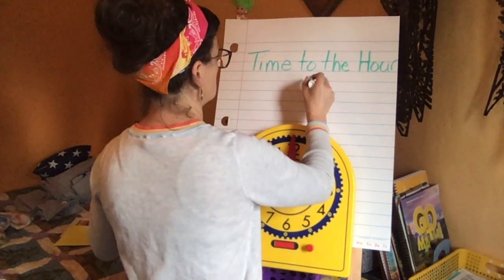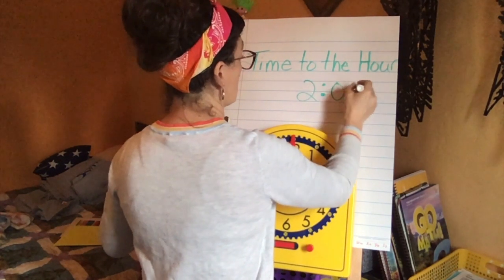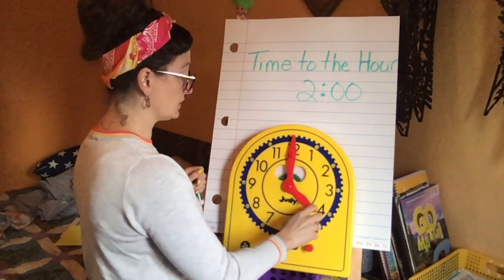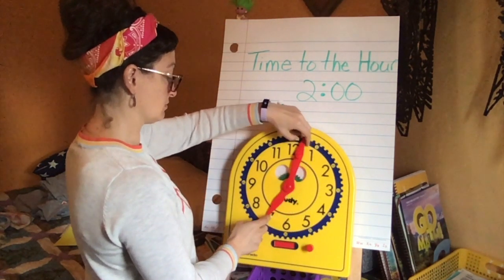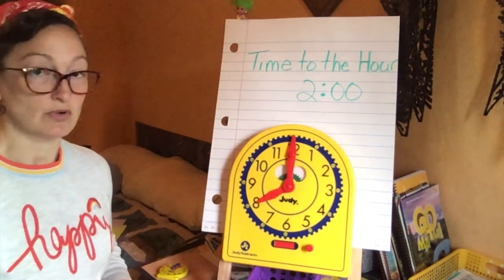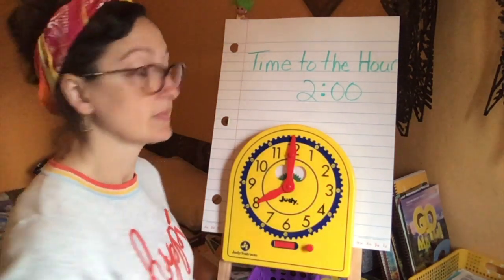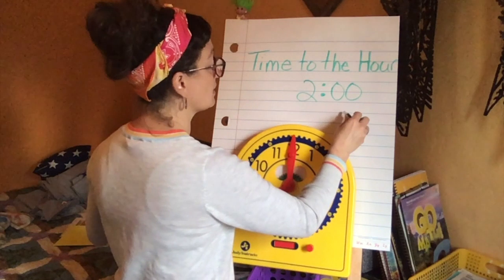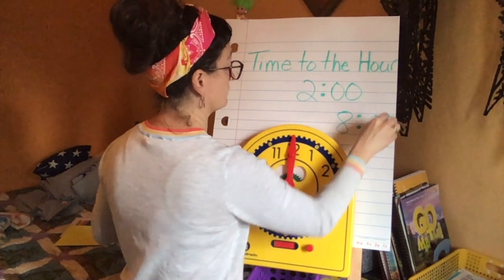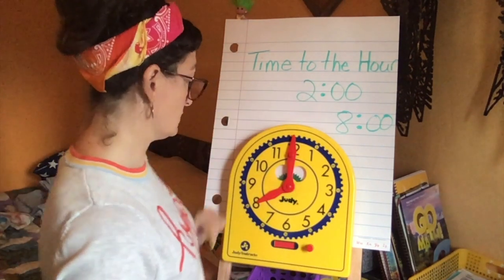2:00 o'clock. Okay? All right, and now if I move it, oh, and we don't want that one to move. All right, now which number is my hour hand pointing at now? 8. So it would be 8 o'clock. Okay? All right, and we got to remember our colons in there, okay?